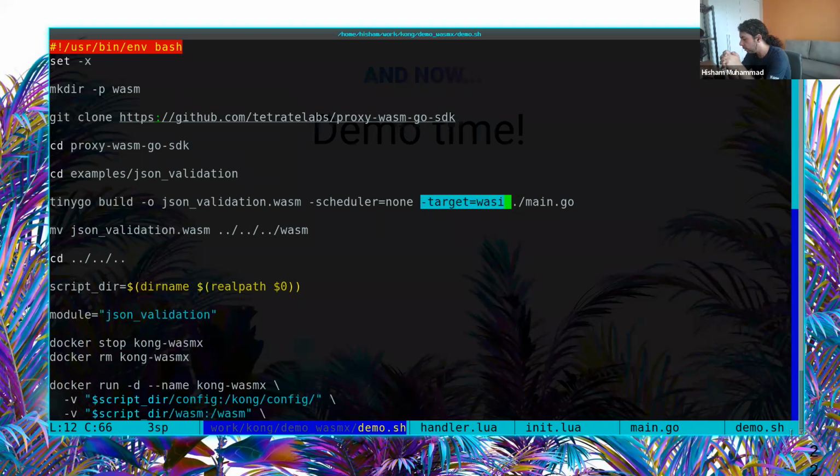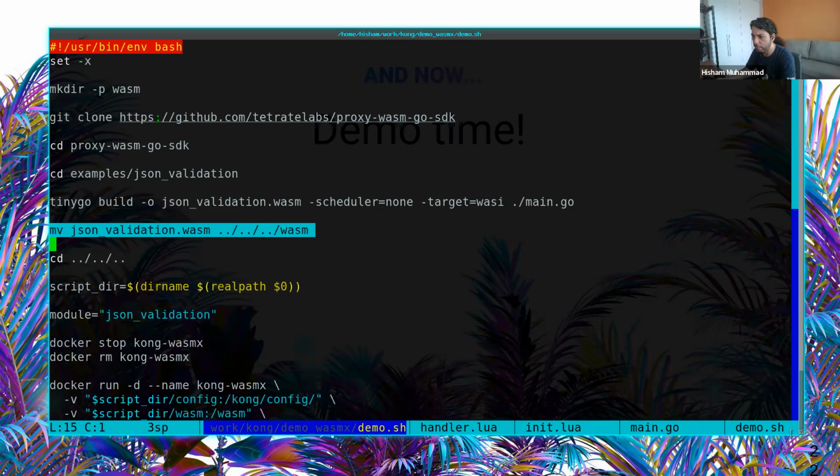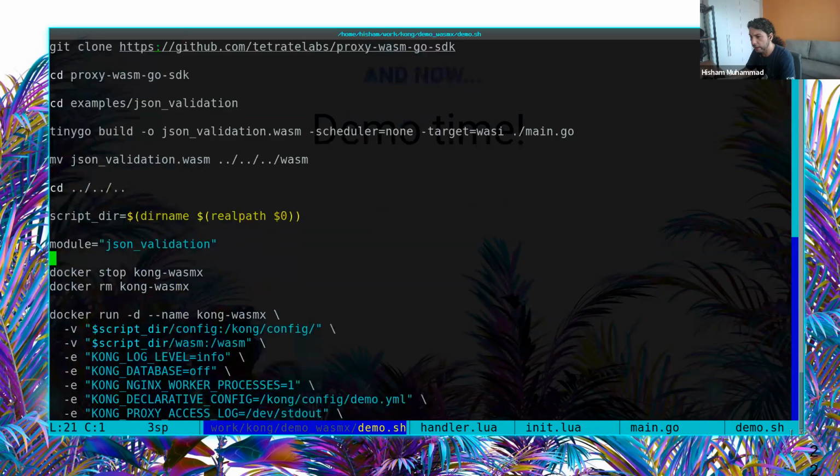So essentially, when you think about the standard C library, we do file operations, read sockets, read environment variables, all those basic things that any language relies on the system's libraries for. Since we are in an abstracted sandbox environment, this is the abstracted system interface called WASI. So this is what we're targeting when we compile a Go file into a WebAssembly module, right? So I'm just going to copy it over, put it here in the Wasm folder, and then I'm